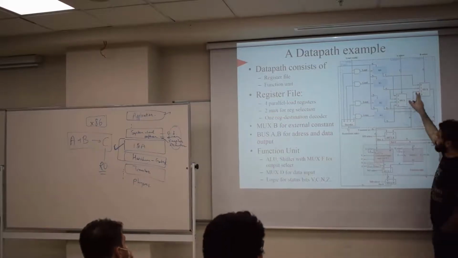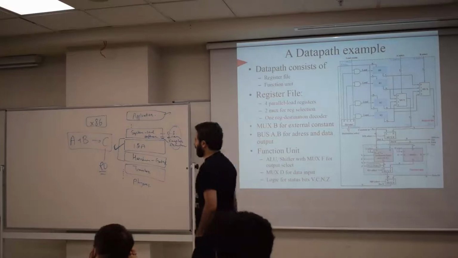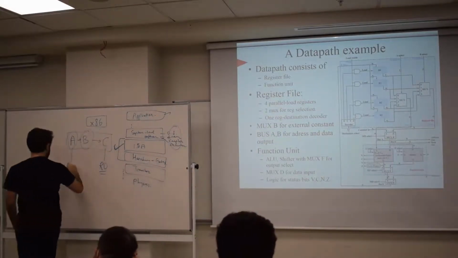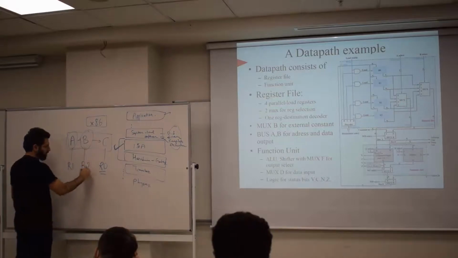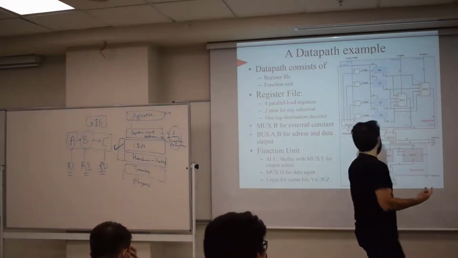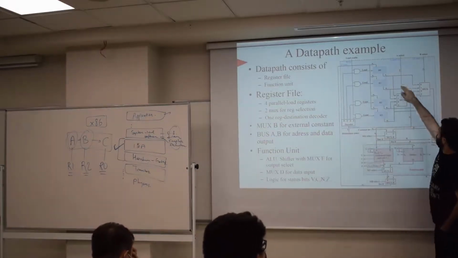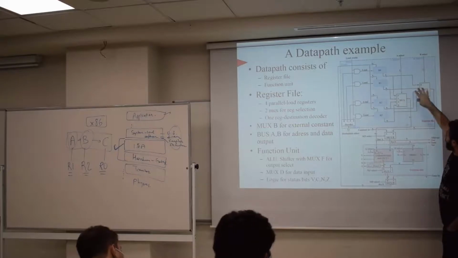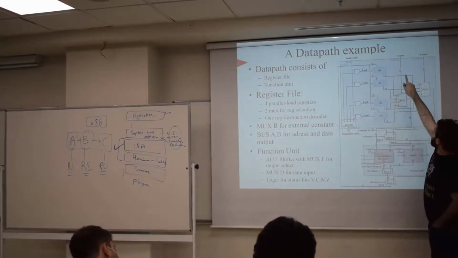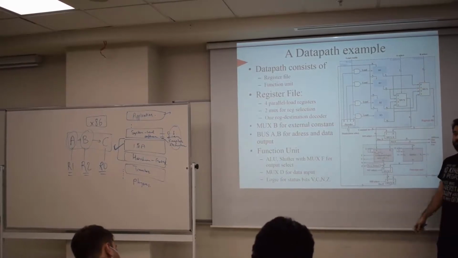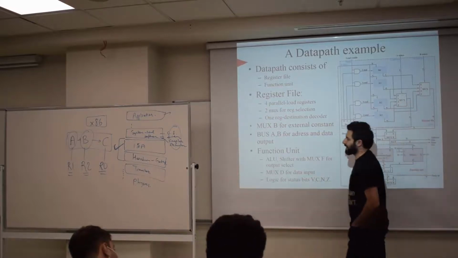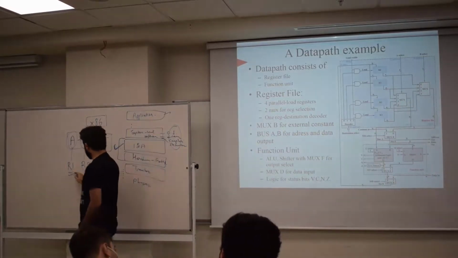Why are we having those muxes? Because I'm selecting A and B, wherever they are located. Suppose, for example, A is located in R1, and B is located in R2. That means I have to enable R1 and R2. By the way, you see they're all sending their data to the mux. But the one that passes through the mux is selected by A select and B select, which are both 2 bits. So in order to put A, which is stored in R1,